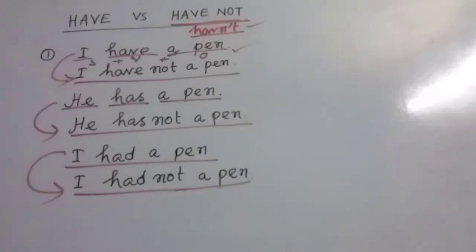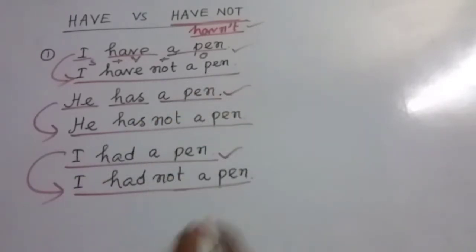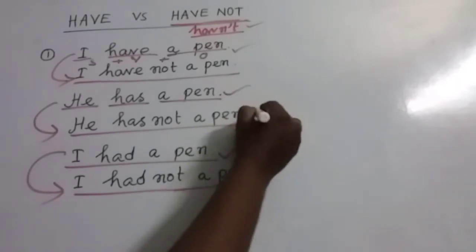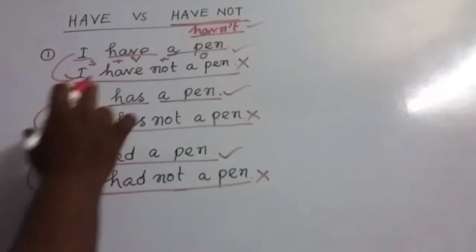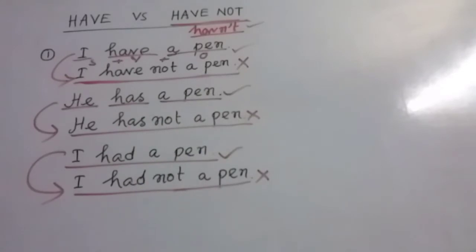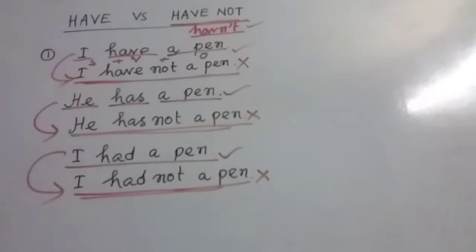The same thing. Actually, my dear friends, these three sentences are correct sentences and these three sentences are wrong sentences. My dear friends, in case of speaking there is no such problem. In case of speaking, this sentence is also accepted. This is also accepted, this one is also accepted. But my dear friends, from a grammatical point of view, these are wrong structures. We should not use them. In competitive exams, we cannot write in this way.